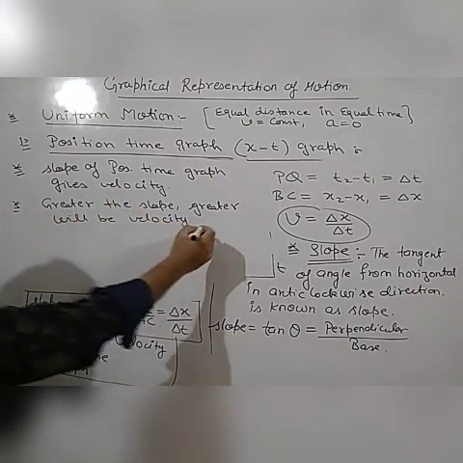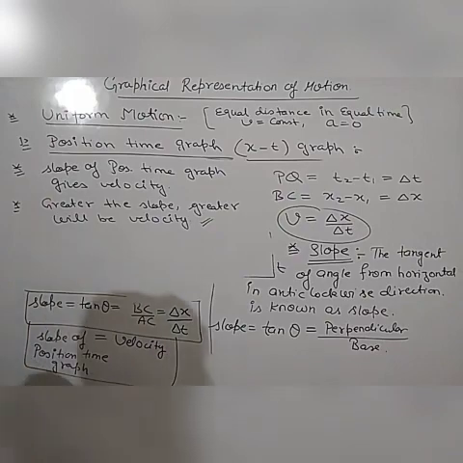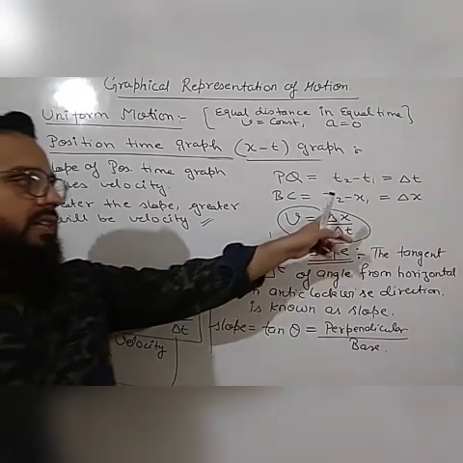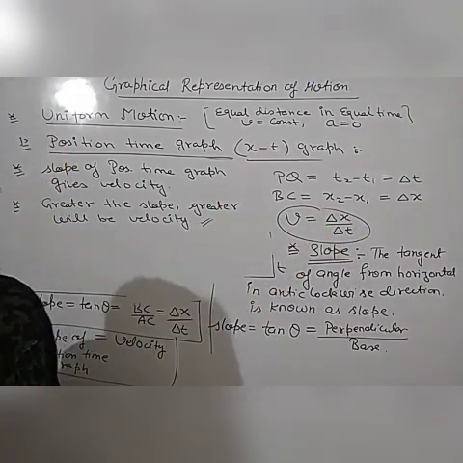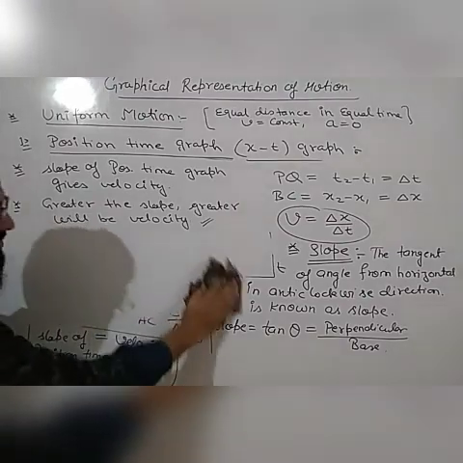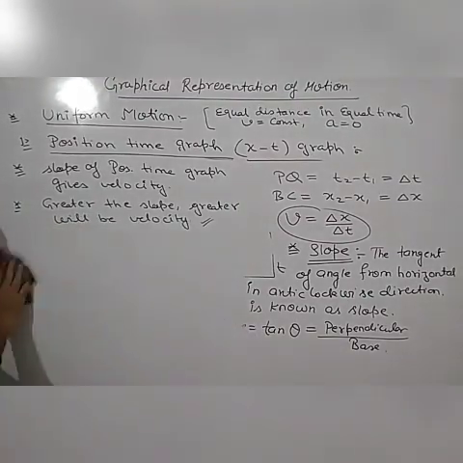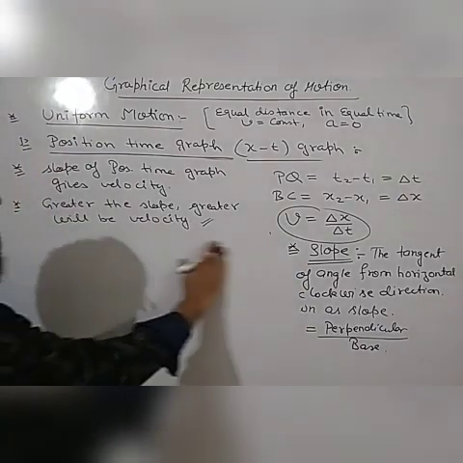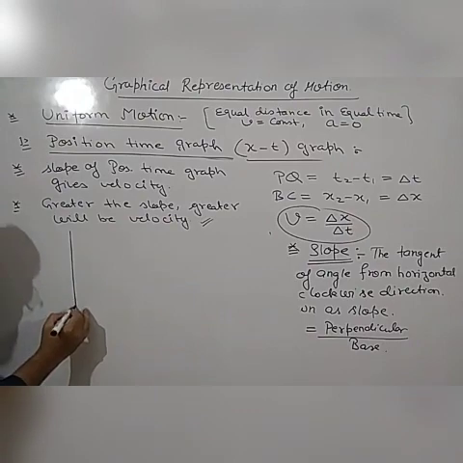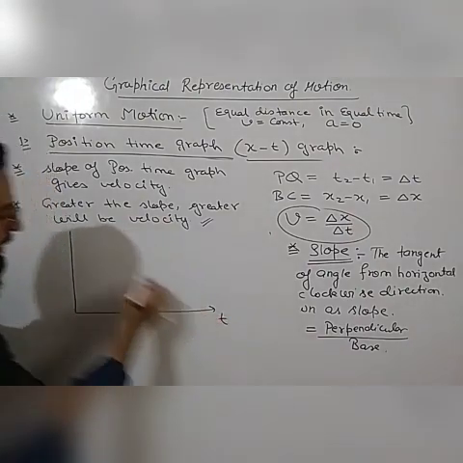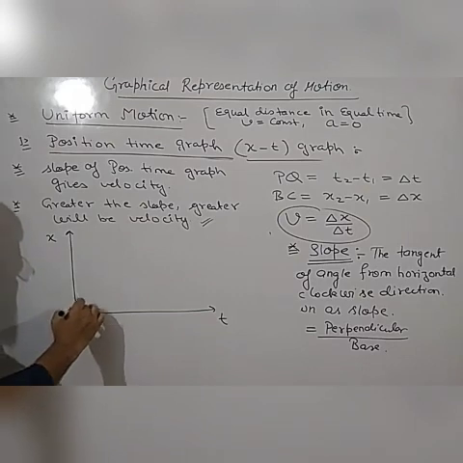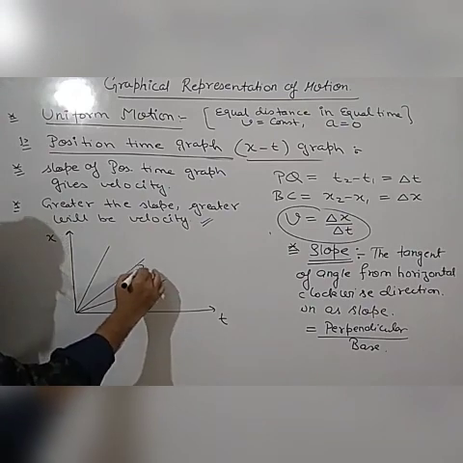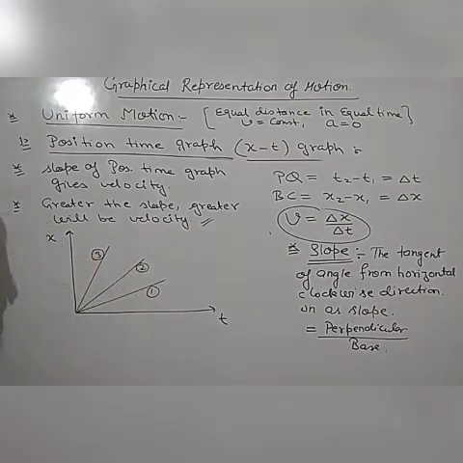This is the most important point which you have to remember. And how to find the slope? That is very simple. Slope is equal to velocity, that means it will be equal to delta x upon delta t. If you are given two or three lines drawn on the same graph, and it is asked which of them will have the maximum velocity, let us take an example. This is time, this is position. If you are given a graph like this, this is the first graph, second graph and third graph.